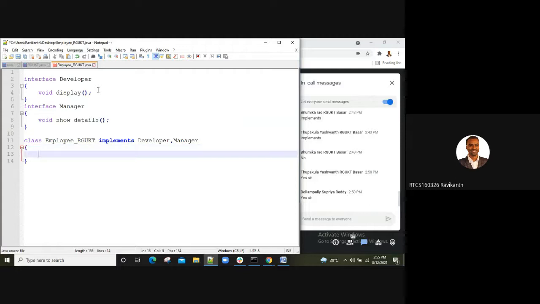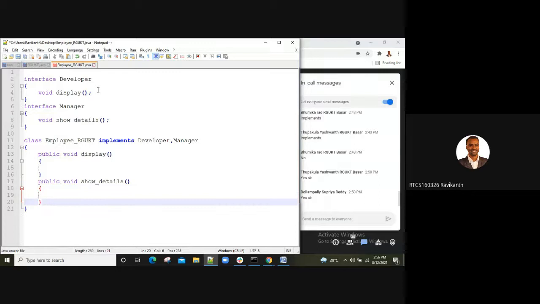Now I have to write its functionality in my class, right? So let me write public void display. In a similar way, I have to write public void show details.